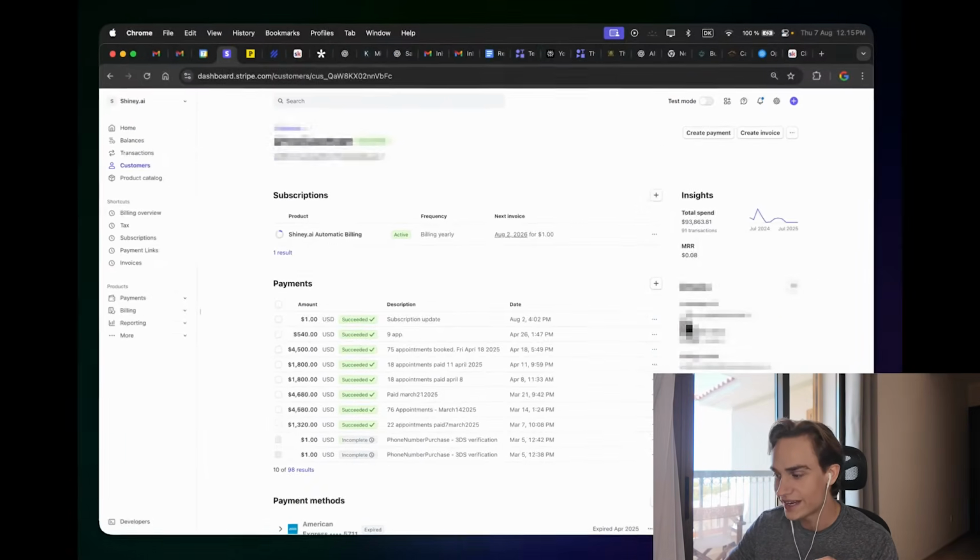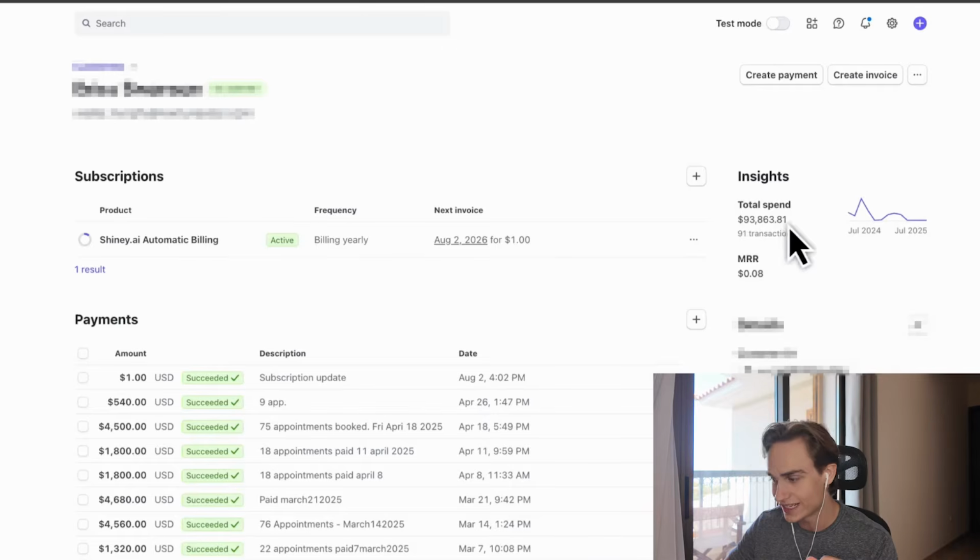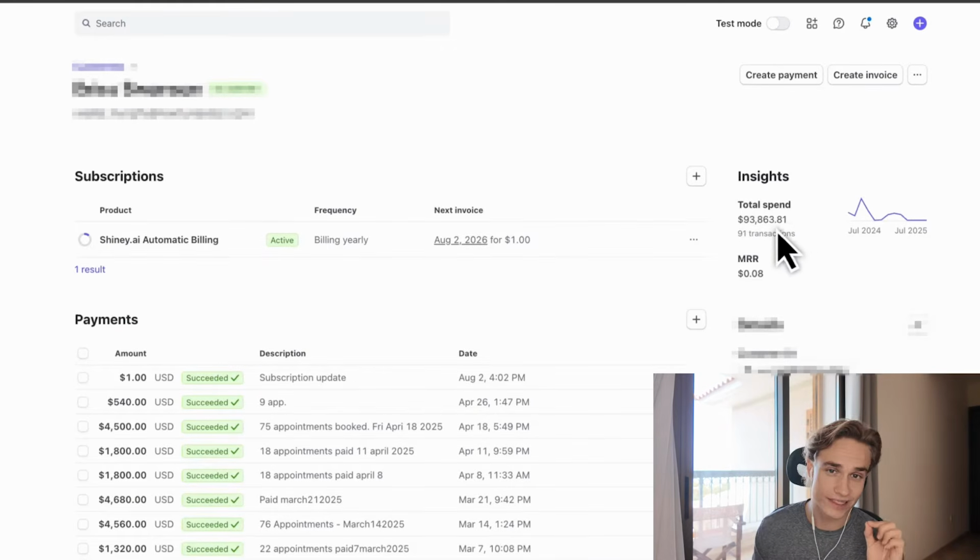2024, and we've made $93,863 within this year. And just to explain what this AI does, it's an AI that is set up explicitly